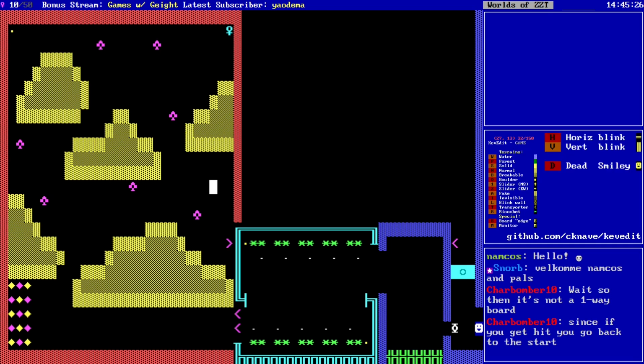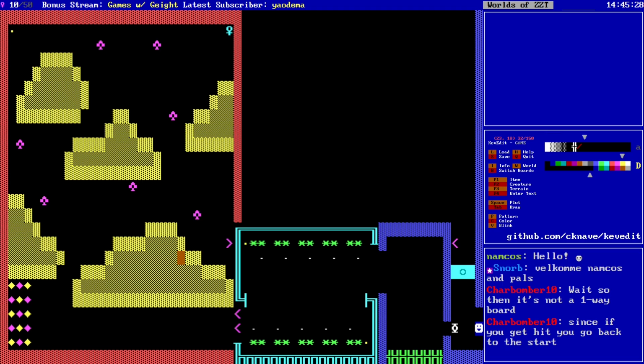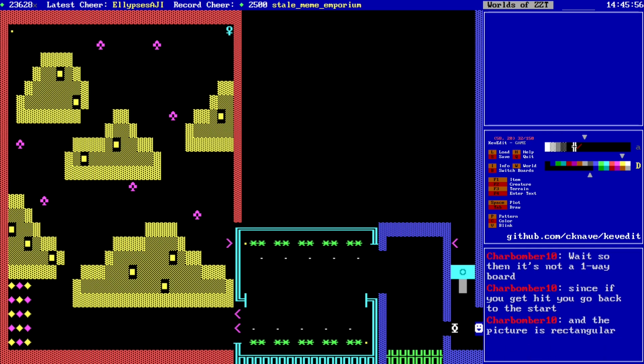Anything else decorative we can do? Oh, what if we put some boulders in the pile of stuff? This will make it look a bit more like an irregular mound. Yeah. That's called details. These squares, they paint a picture. Too many squares. That looks okay. Get your key. Be able to go here. So that while you're still conquering this board,